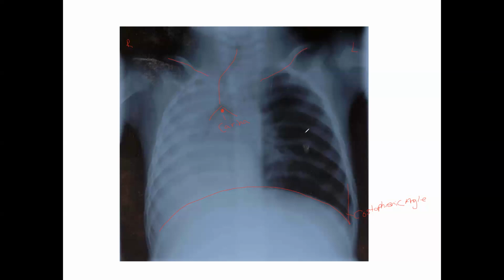Over on the patient's left-hand side, you see some pretty well aerated lung fields. But you'll notice that there's a difference in contrast when you're looking at the patient's left versus the patient's right. Over here, there's an increase in opacity on the right side. So this is a patient that's got a lot of atelectasis. This patient may very well have a right-sided pneumonia